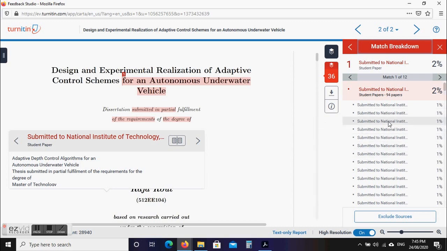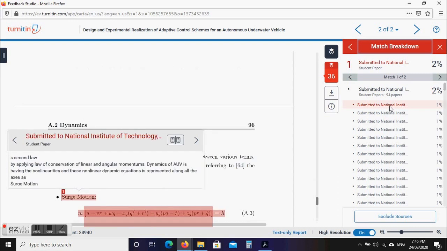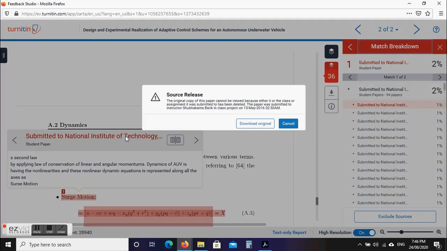If you check here, you will find a lot of 1% matches, and I guess all are common knowledge. The dates also show someone submitted on 3 December 2016, someone on 23 December, someone on 25 April 2016. So if you are sure, you can check what the original thing is which is matching.